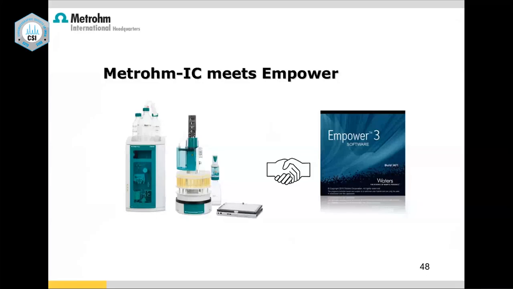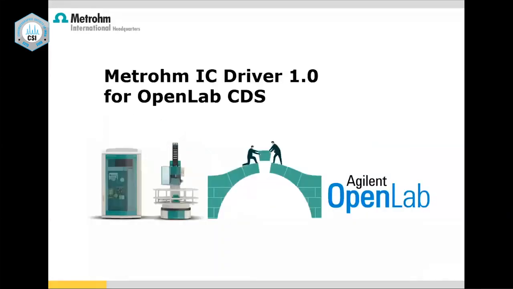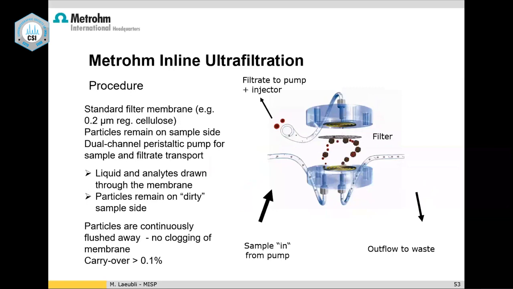Apart from MagicNet, which is our own dedicated software, we have also tied up with Waters Empower software, because Empower can control our IC instruments. Similarly, OpenLab from Agilent can control our IC instruments. This makes your life easier if you are in a pharma company and are used to Empower or OpenLab. No additional training is required. You already know how to use the software. It is just the connection of the instruments and you start operating. That is the idea. Let us see some interesting sample preparation techniques.